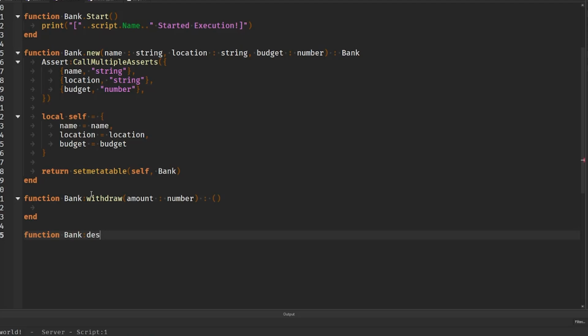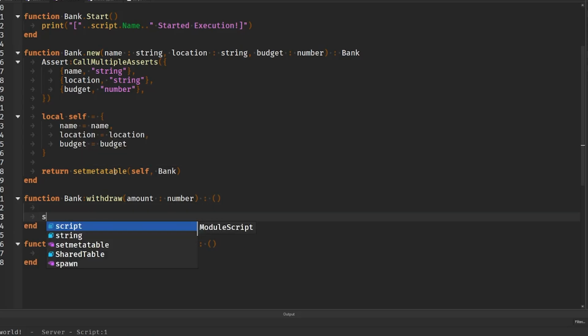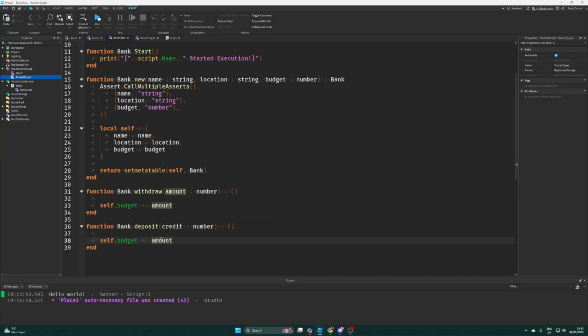deposit, if I can spell right. And that was the credit. And again, we don't want anything passed back after using this. We're not returning anything. So with this, we gotta call each assert, and then we gotta add to the budget. So you can just say self.budget plus equals to the amount. And the same logic goes for down here. Just change